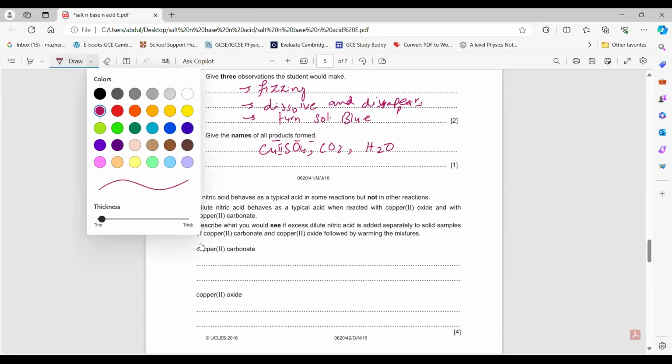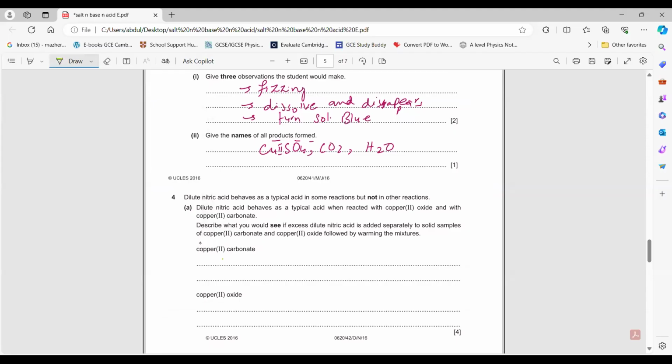Then we have: dilute nitric acid behaves as a typical acid in some reactions, but not in other reactions. Dilute nitric acid behaves as a typical acid when reacted with copper oxide and with copper carbonate. Describe what would you see if excess dilute nitric acid is added separately to solid samples of copper carbonate and